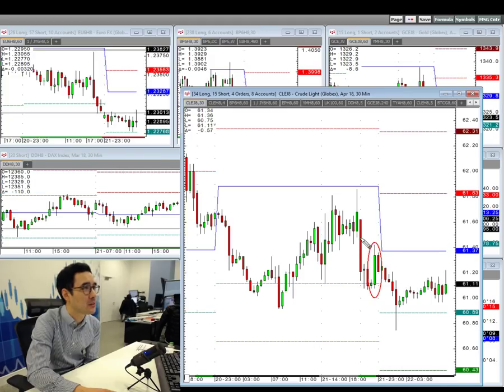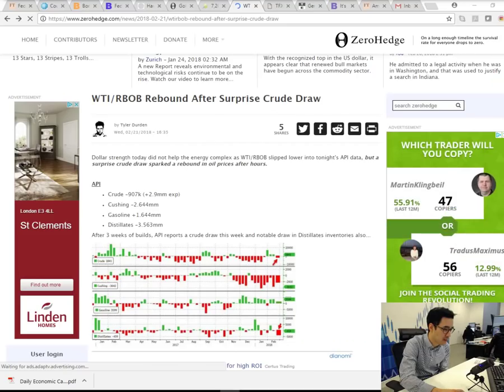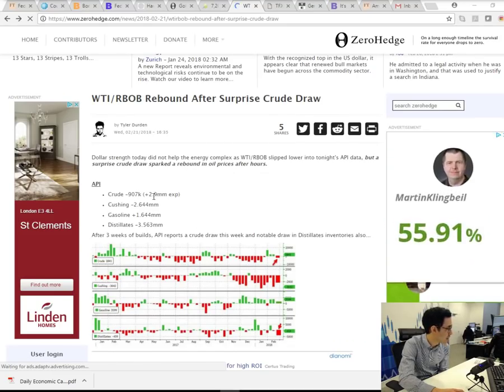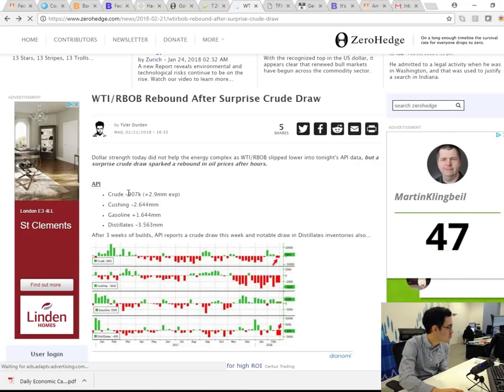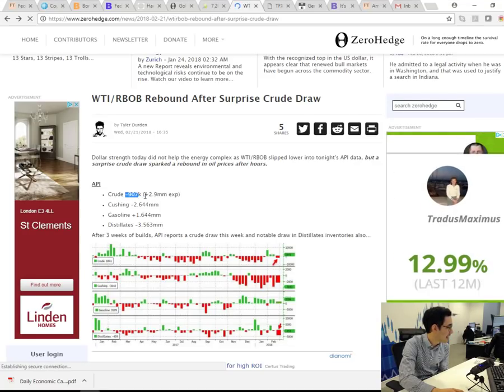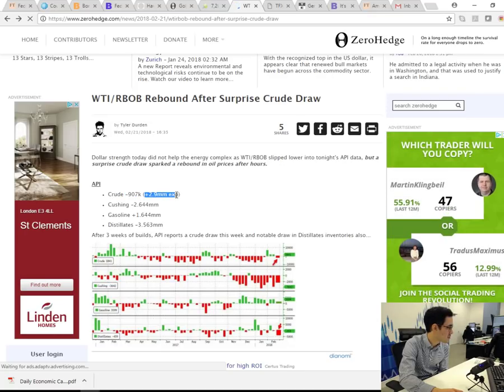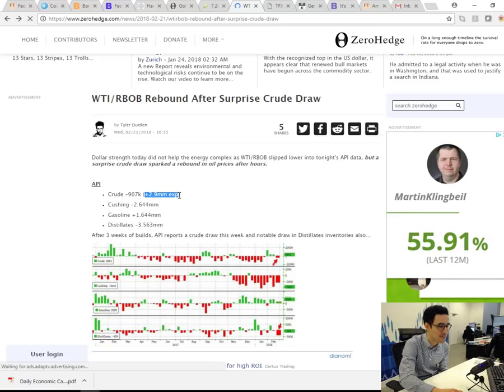You can see oil came under some pressure post the minutes, just given this kind of generalized move we had cross asset on the back of the FOMC announcement from the minutes. We have steadied since though, albeit we are slightly lower from the highest point from when these API numbers hit the tape. Now the initial reaction though was a bullish one. The headline crude number was a drawdown just shy of 1 million, and obviously this is a far much more bullish scenario than what was expected on the street, which was for a build of 2.9 million.